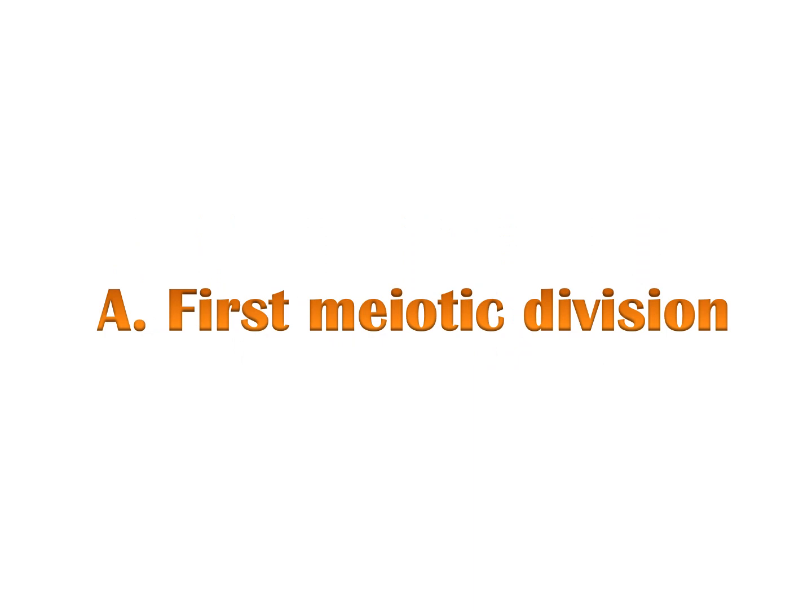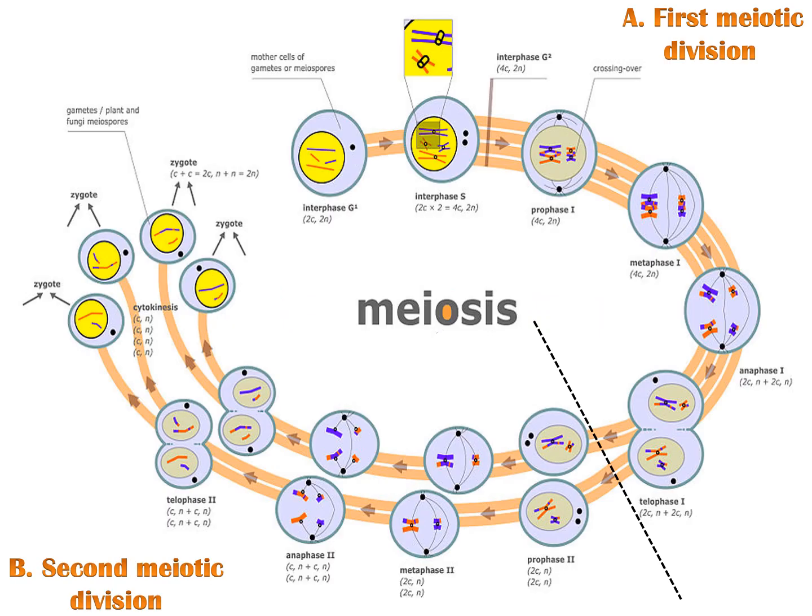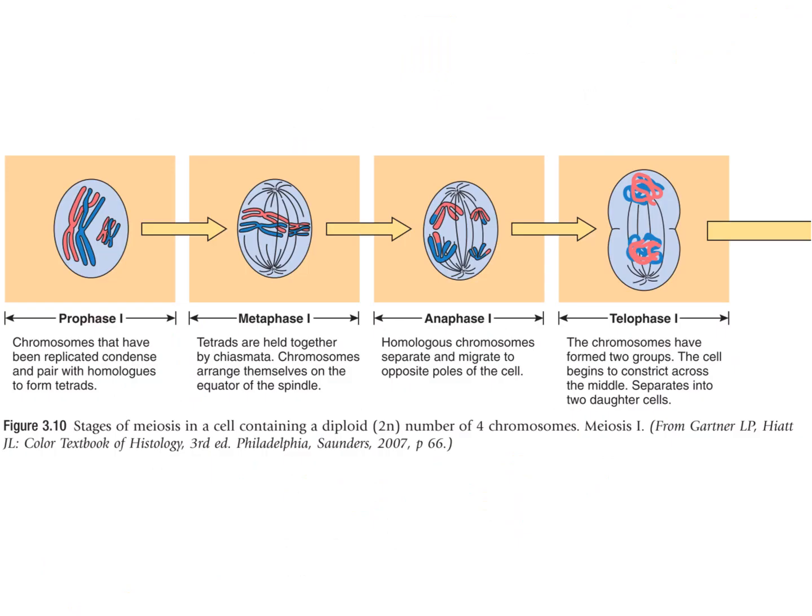Meiosis is divided into two meiotic divisions: the first meiotic division and the second meiotic division. So what are the events, or what is the aim, of the first meiotic division? The aim is to reduce the number of chromosomes to half, from 46D chromosomes to 23D